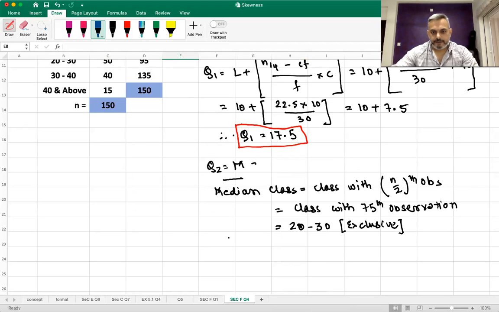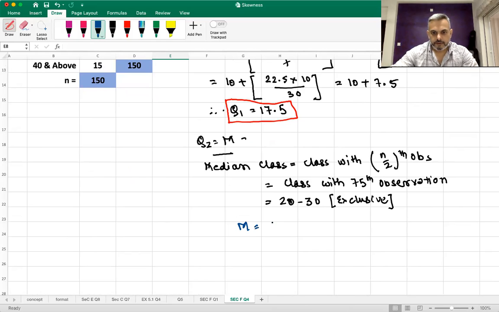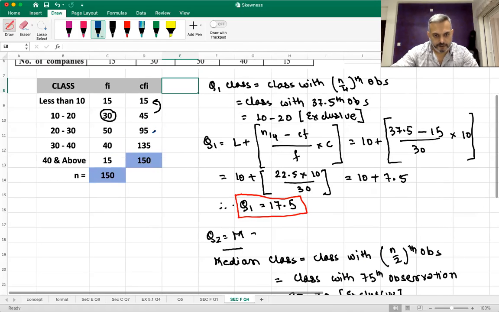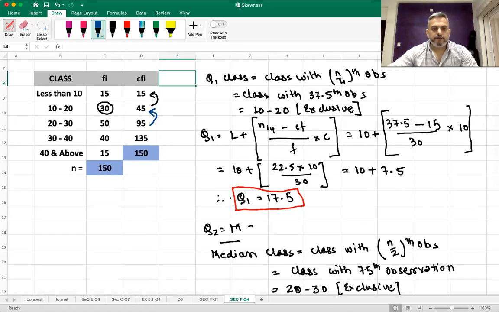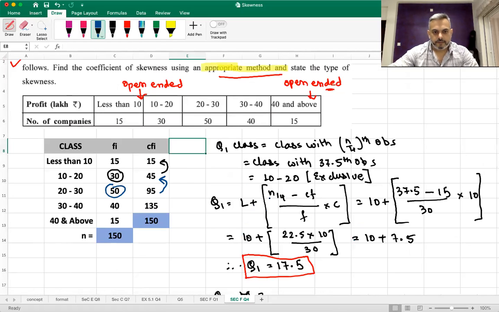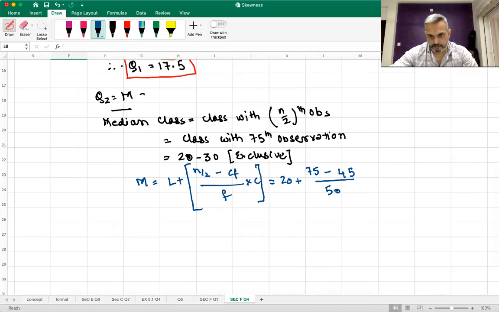Just change the color of the pen. Median is equal to L plus n by 2 minus CF upon F into C, which is equal to 20 plus n by 2 is 75 minus CF, cumulative frequency of the class preceding, so 45, upon frequency, which is 50, into class length, which is 10,